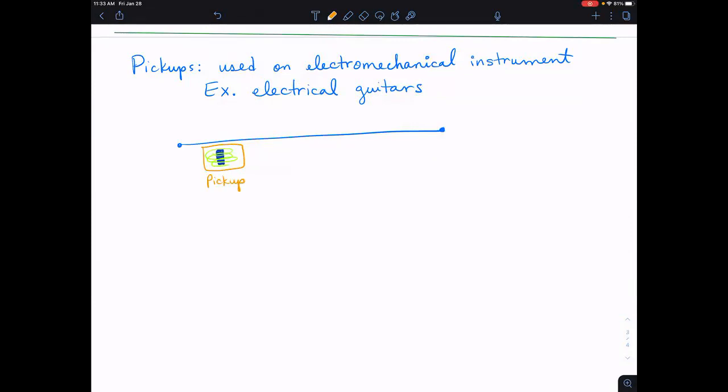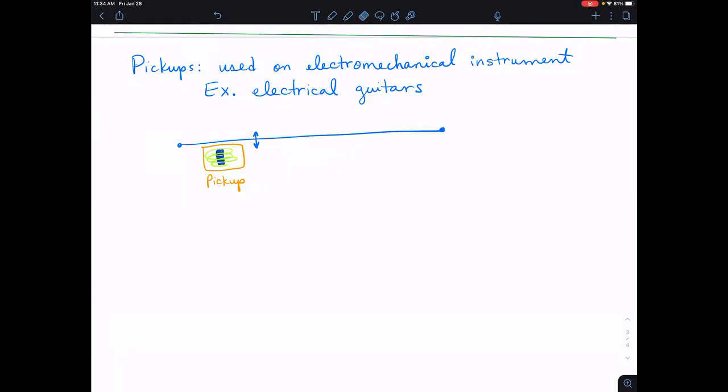Now, the input to that pickup is the mechanical motion of this string. This string is vibrating, right? If you pluck it, you'll have a complex wave that'll travel down and reflect back and travel down and reflect back. And as that string moves in the vicinity of the pickup, it will result in a change in the magnetic field that will cause